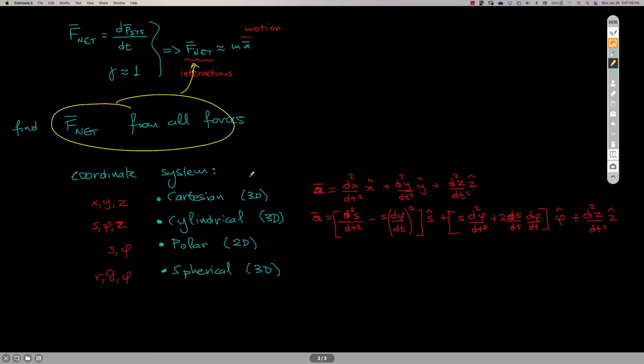Once you decide what the acceleration is for your coordinate system, that's gonna go here. And from then on, you will have to solve the equations, the differential equations that you get